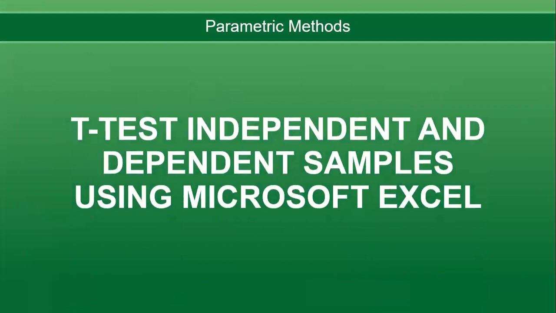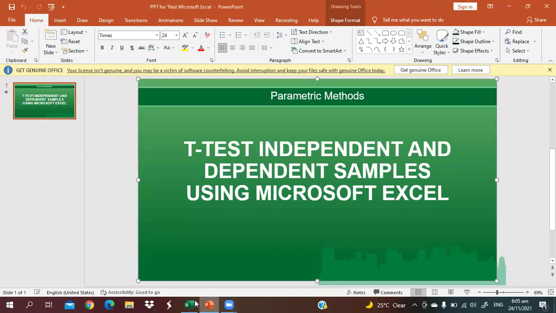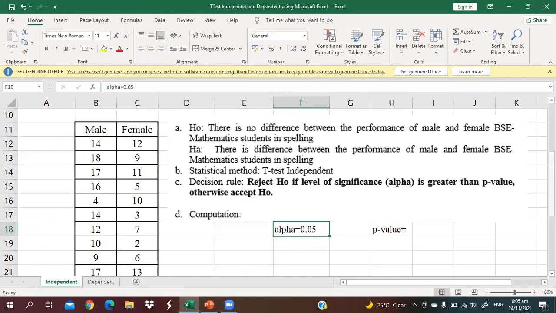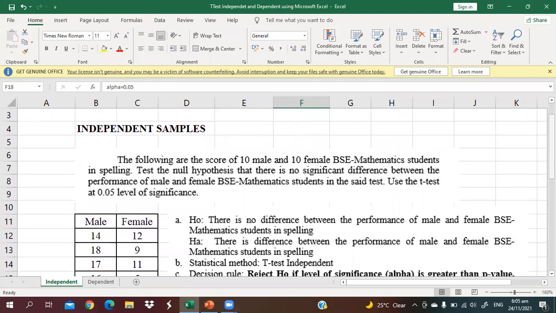Okay, hi everyone. So I'll be demonstrating how to run the data in t-test independent and dependent samples using Microsoft Excel. So this is a very, very short video. Okay, so let's start with t-test independent. So to recall, when you say t-test independent samples, you're determining the difference of two groups of data that